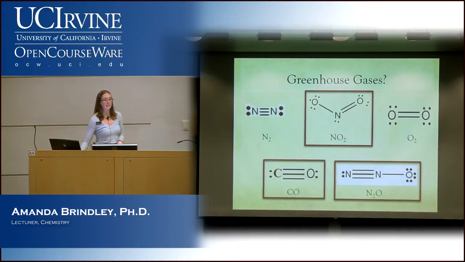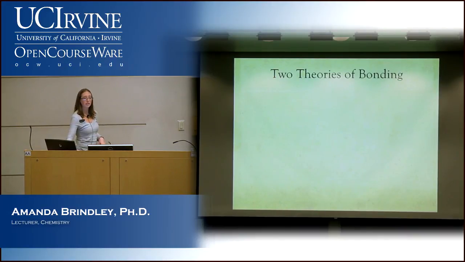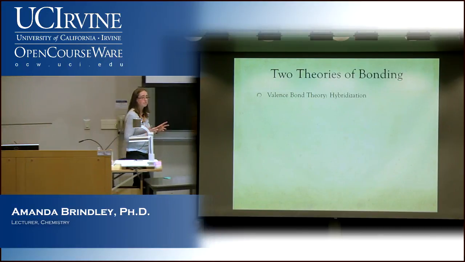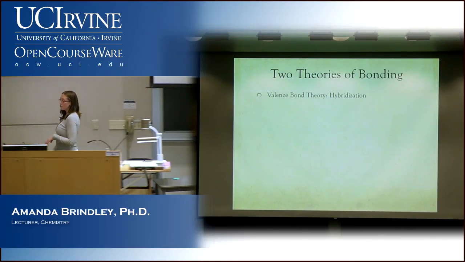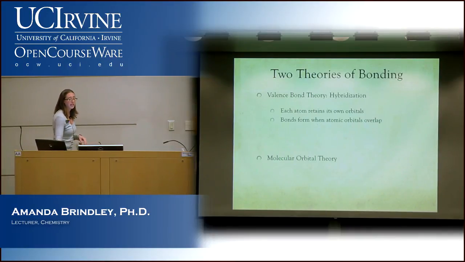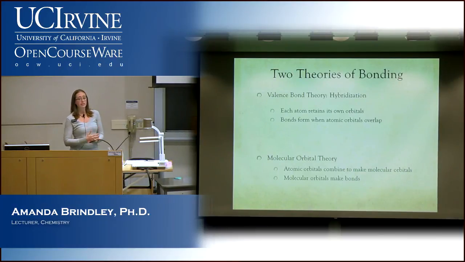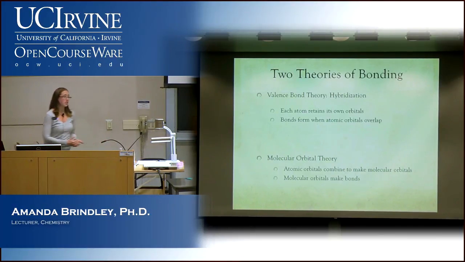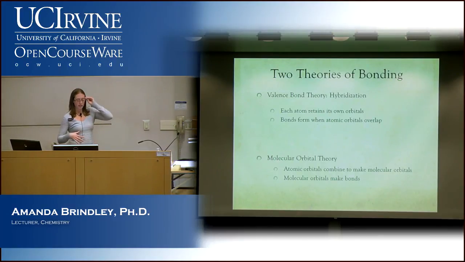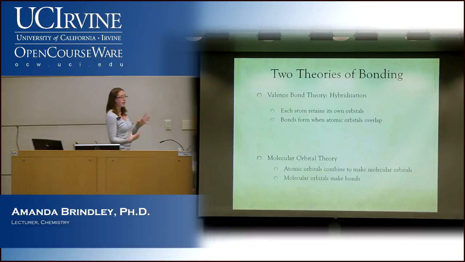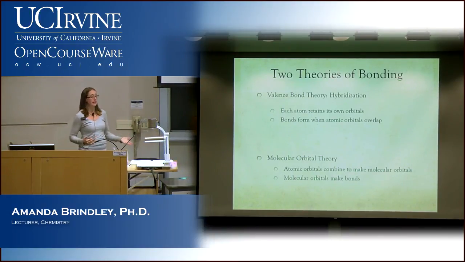Okay, so in the last 2 minutes, don't pack up on me yet. I want to talk about the fact that we have these two different theories of bonding. We have one that's valence bond theory, and we'll talk about that as hybridization. And then we have something called MO theory. So what we'll start with next time is the valence bond theory and the hybridization. And then we'll go on to talk about MO theory. They both really have their benefits and their flaws. Something like hybridization is really quick and simple to look at, and we can look at really large, complicated molecules, and yet you can still go through them very quickly.